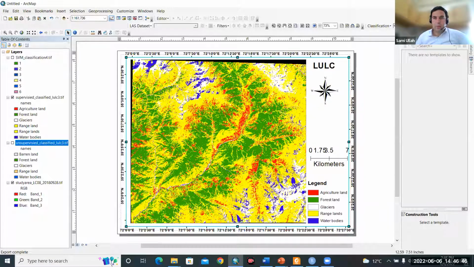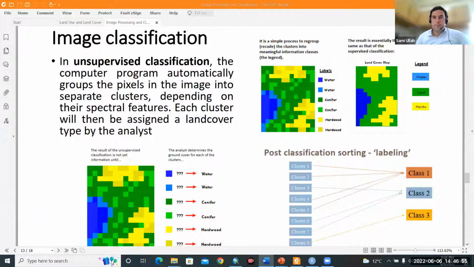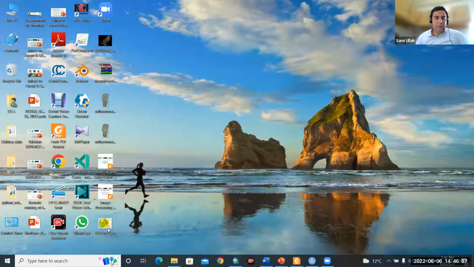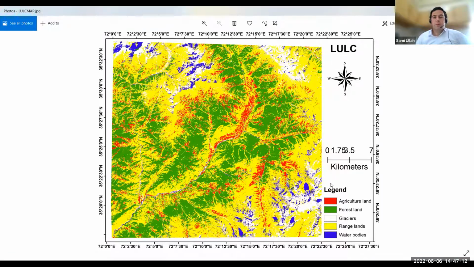So I think we have our map now. Let me see the map. This is our final map. I think it's not visible for you because I have to share the screen. This is the map that we got now. So the map is visible. We have, for example, agricultural land, forest land, glacier, barren land, water bodies,